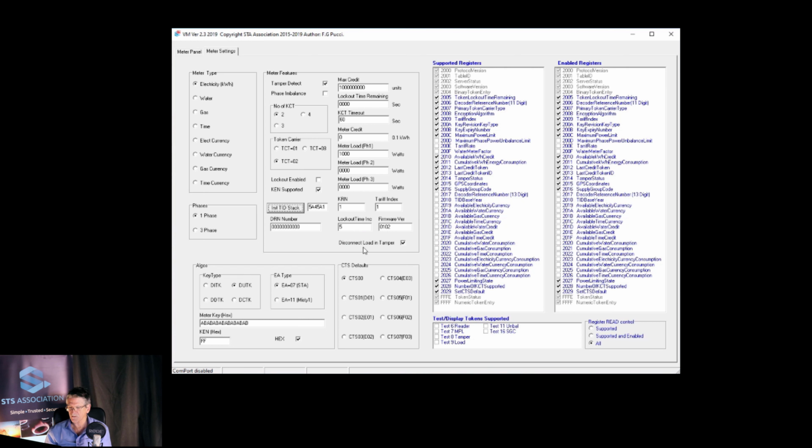Then it'll ask if you want to disconnect the load and tamper. Down the bottom you've got algorithms. First of all, it tells you what key you're in at the moment, and this one is in a DUTK and it's using EA07, and there's the meter key. And then you've got a key expiry number at the moment, which is set to FF in hex. And then in here, you can select any of the CTS test entity types for doing the CTS test. Let's just go back to there, and I'll put in a meter key of